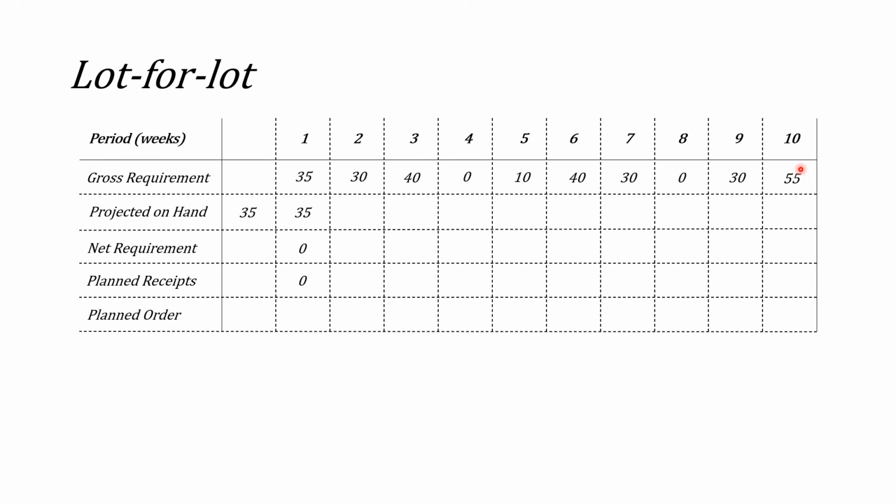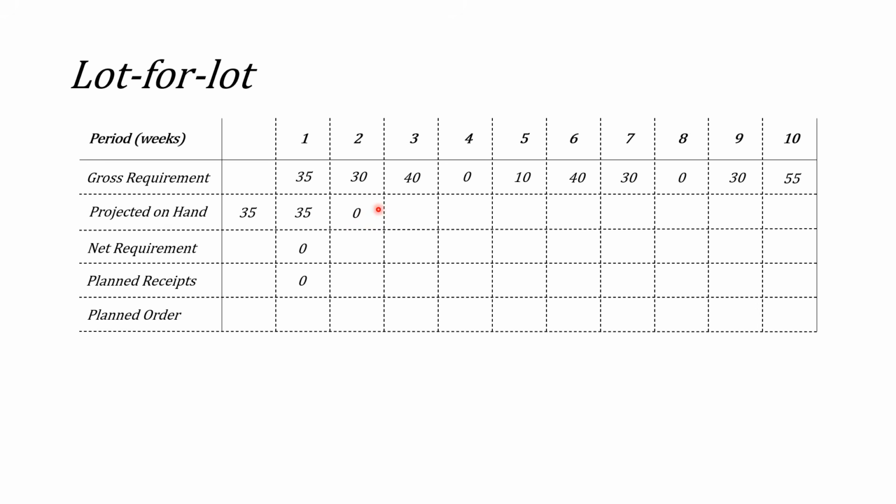Generally, it's going to be 1 week before I'm going to receive them, since my lead time in this question is 1 week. Okay, so now let's move on to the projected on hand. I had 35 units required, and I had 35 units as inventory. So I'm going to use up my beginning inventory to fulfill my demand in this particular case. Once I've fulfilled the demand, the inventory that I have on hand in week 2 is going to be 0 units, because I've used up all my